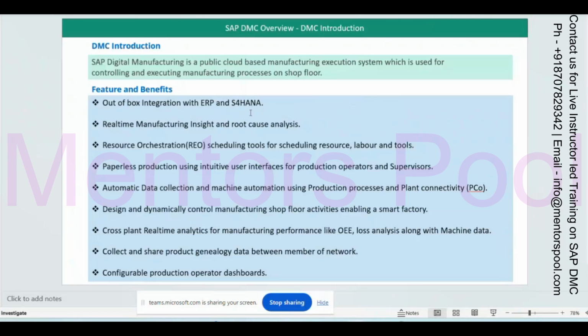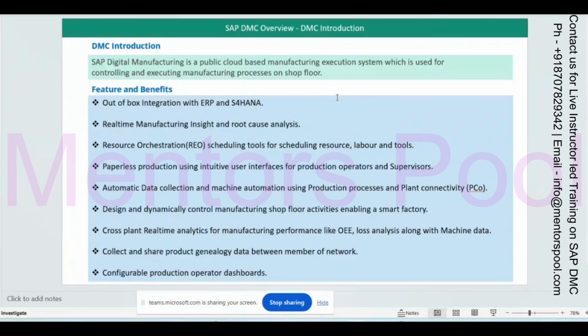You might have heard of it, right? That MATMAS IDOC gets generated, and that particular MATMAS IDOC gets transmitted to DMC through CPI. Then that material also gets created at the DMC level. So you don't have to do the same work two times,